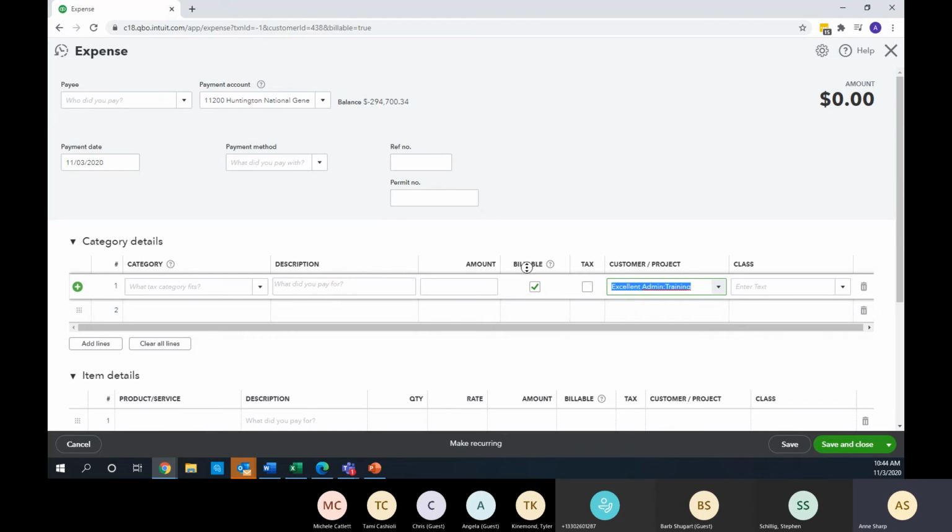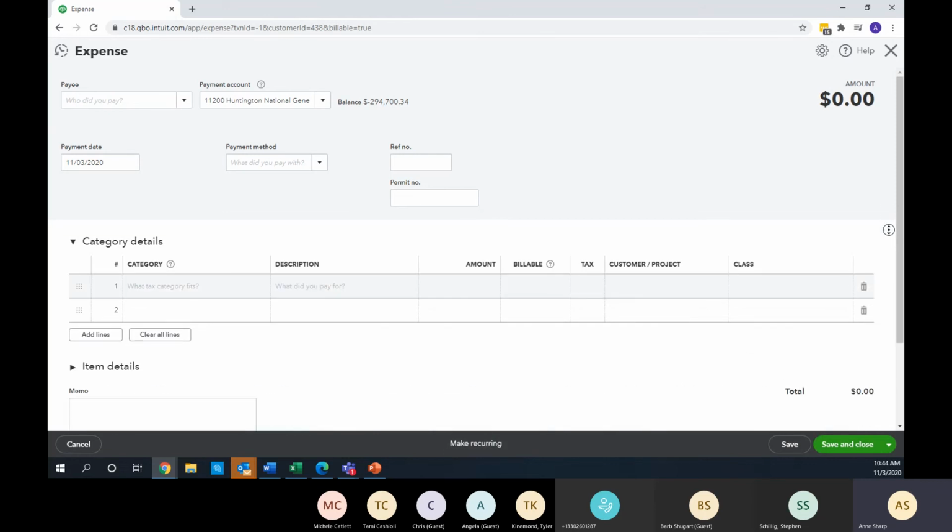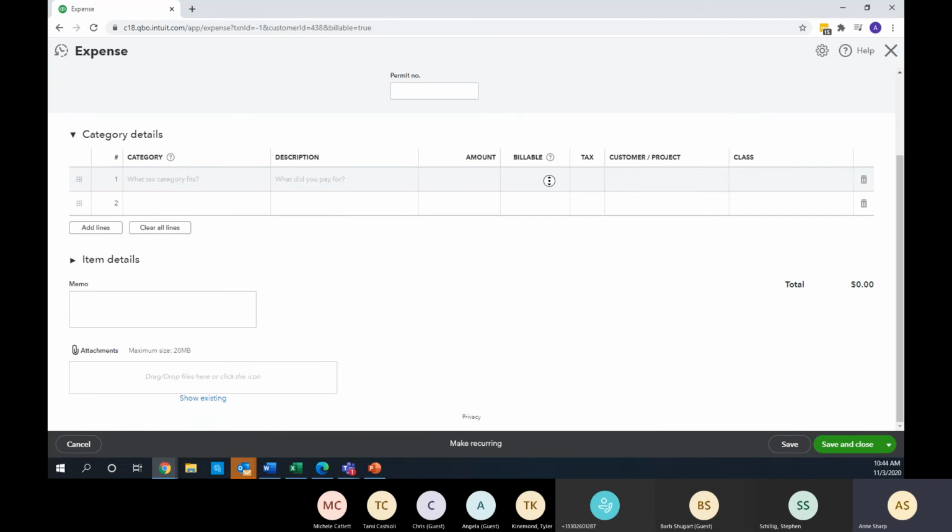This is going to help create invoices. So when you create an invoice for that project, you're going to have items that are going to be reminded to bill if it's a billable expense that you incurred. So contractors would be billable expenses. So you want to make sure that you bill out for your contractors so that you recoup your cost. Okay. Then you can make it reoccurring. And if you want to scroll down,